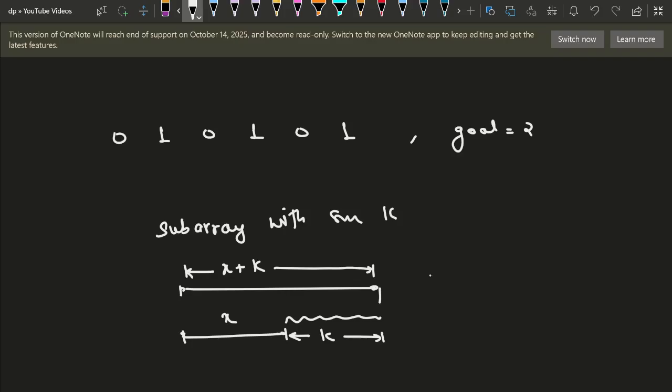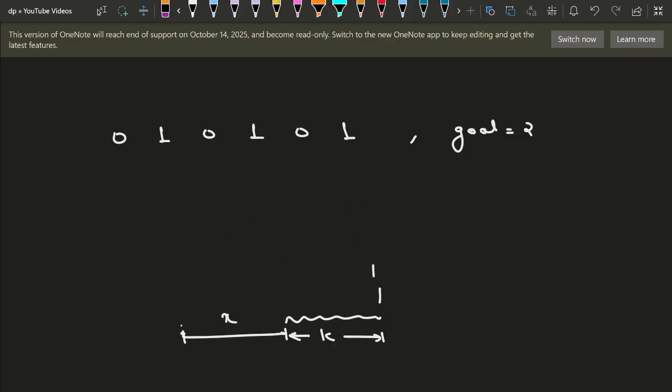And how are we actually going to calculate the subarray sum from index 0 till i, and then from index 0 till j? We are going to maintain a prefix sum, and then we will be solving this problem. So yeah, let's get right into this. So we will have a prefix sum. Initially our